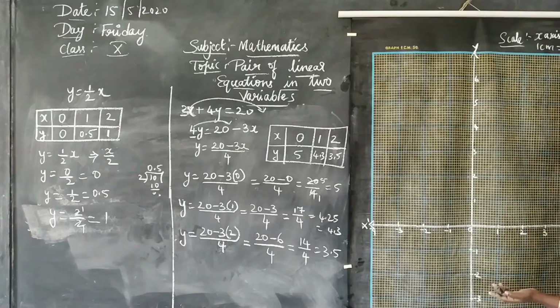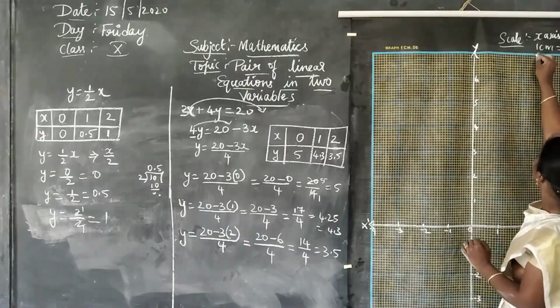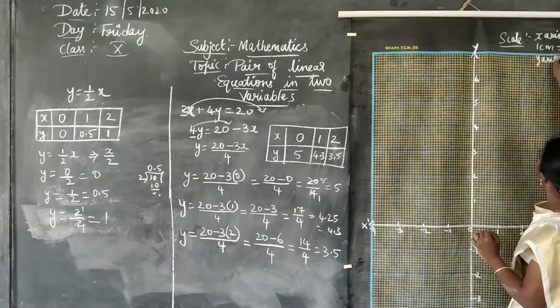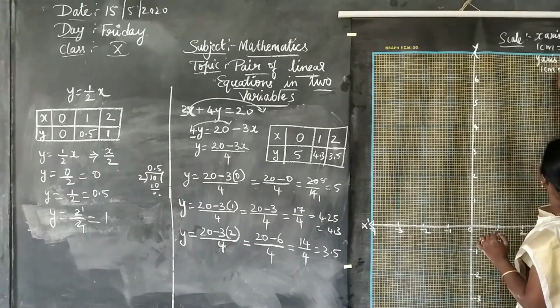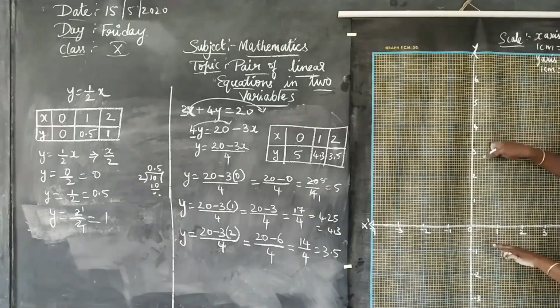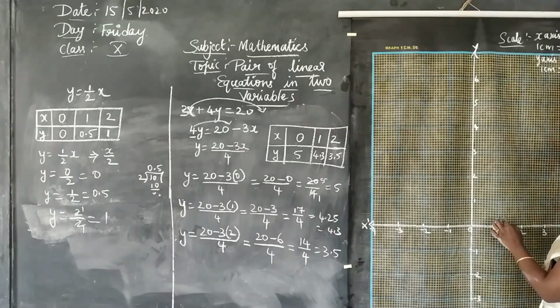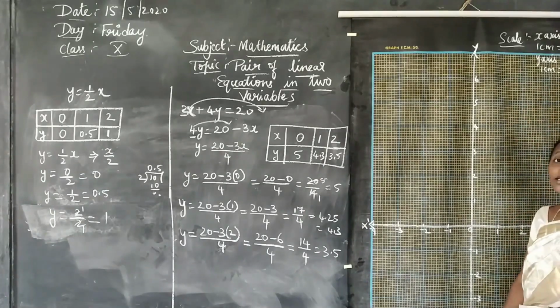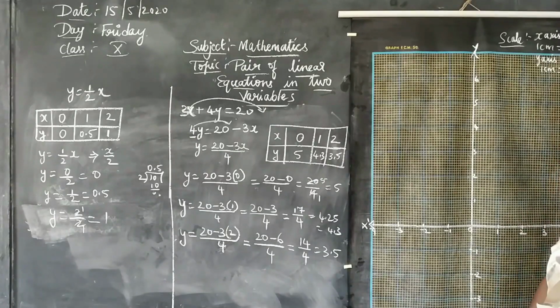So what I have taken here is 1, 2, 3. So I am writing x: 1 centimeter will be equal to 1 unit. If you take 5, 10, 15, you should write 1 centimeter is equal to 5 units. Is it clear? So y-axis I am writing here. Y-axis again 1 centimeter is equal to 1 unit, I have taken y also in the same way. This is very important in the graph. You should mention the scale.